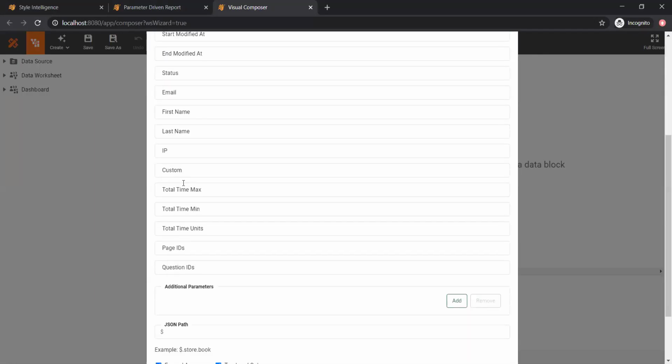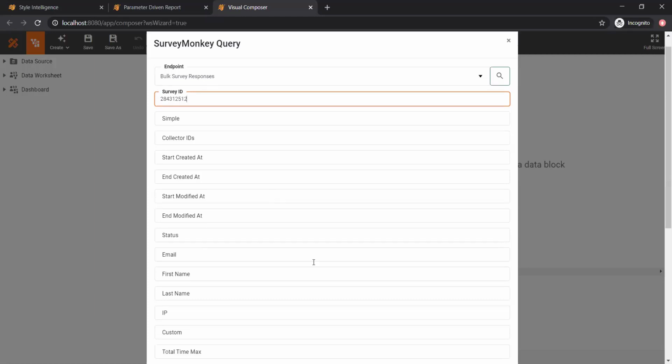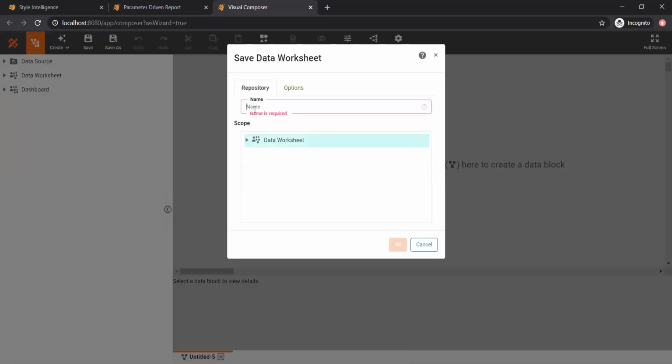Depending on which endpoint I pick, the specific variables and driven filters that you can pass to that particular endpoint are prompted for, so you can put in the specific information and have it lead into a simple query data block within your data worksheet, and it's going to allow you to very easily